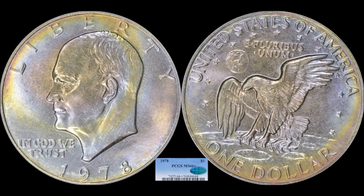I wanted to talk about the Ike dollars. I don't get the opportunity to talk about one of the coolest large coins that's not a Morgan or a Peace dollar, and this is a 1978 Eisenhower dollar, affectionately referred to as an Ike for short. This is a PCGS Mint State 66 plus example, CAC certified, and it exhibits probably one of the nicest toning patterns on a copper nickel clad coin, bar none. This one sold for